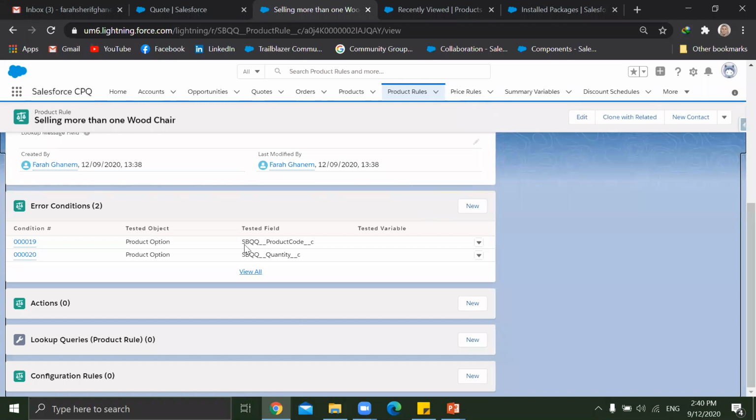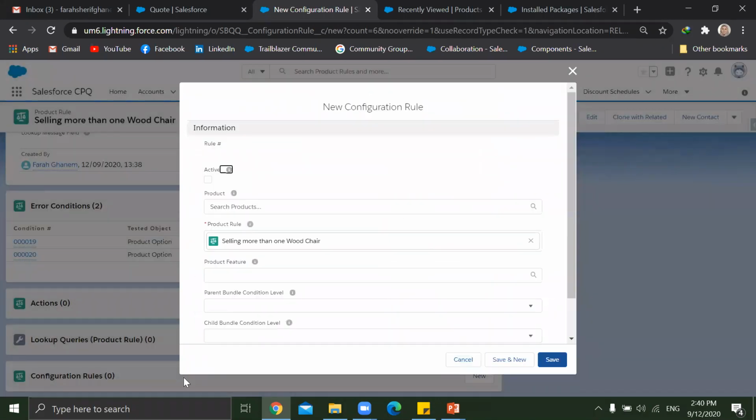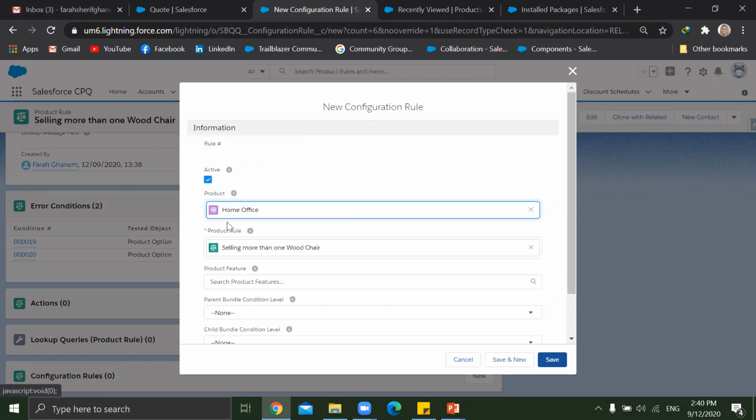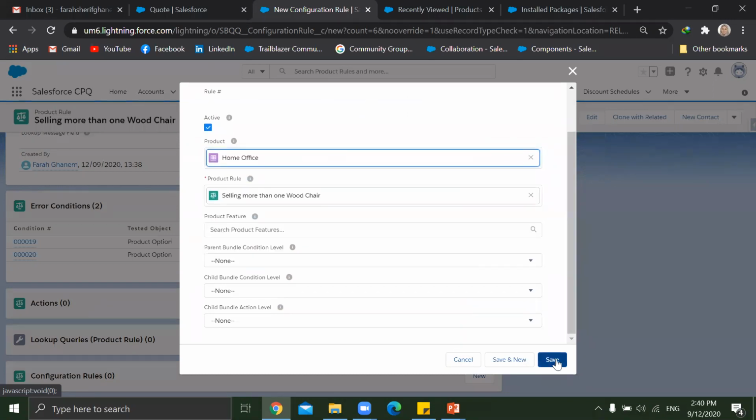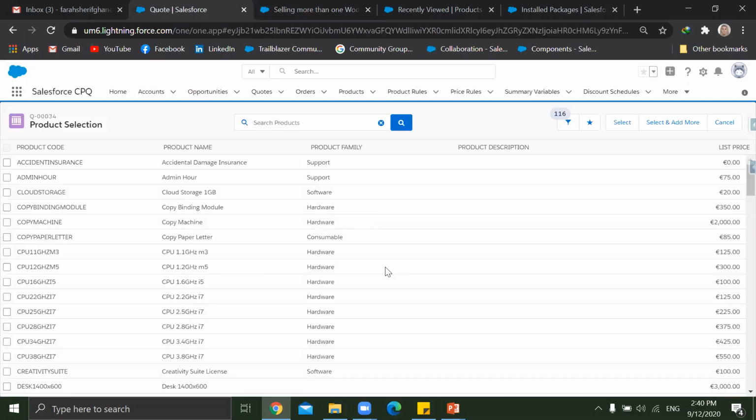Now what is left is to assign this product rule to the home office bundle. This is handled by the configuration rule. So let's mark it as active and choose our home office bundle. This is the one that we will fire this product rule on. And hit save. If we go back to our code and hit refresh,